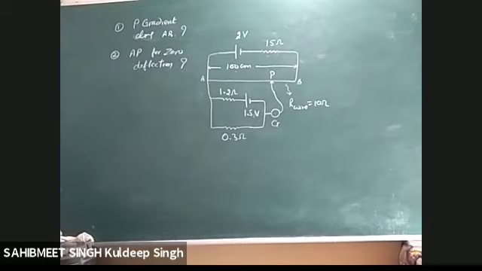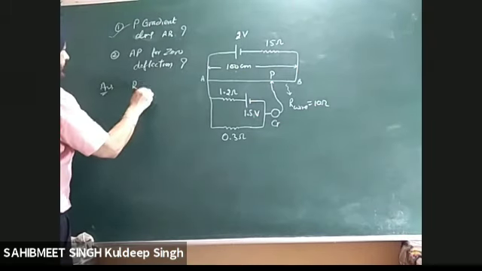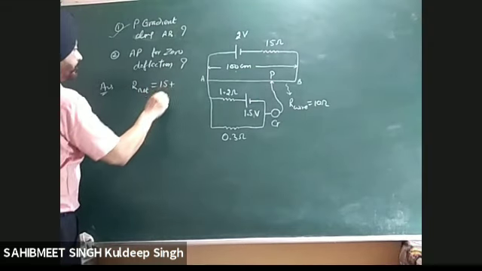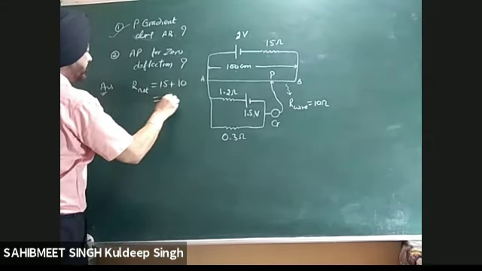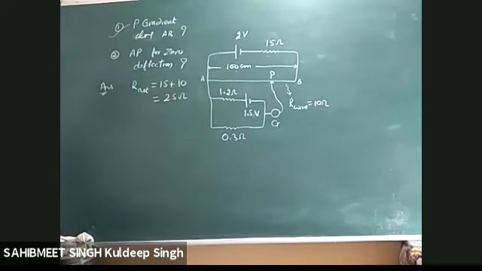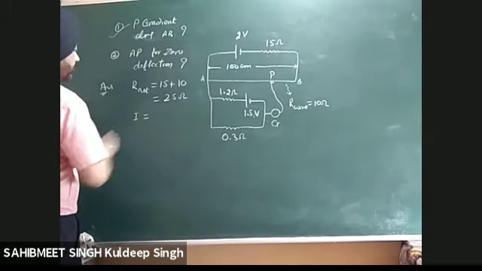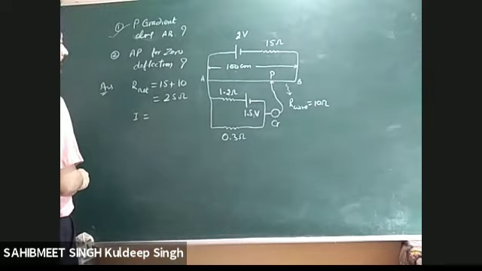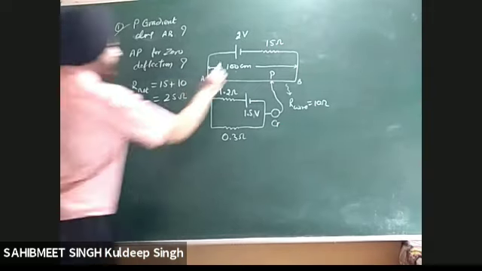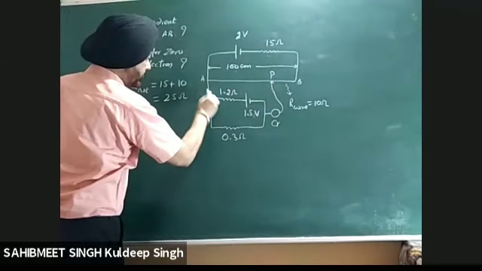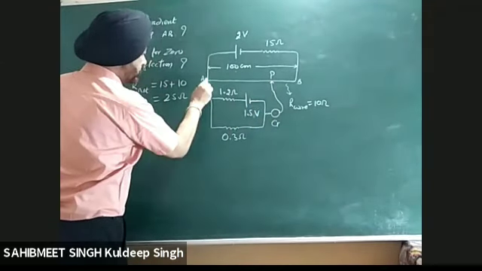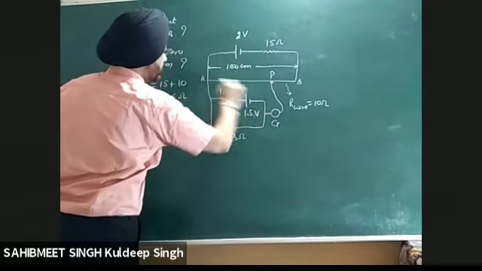First of all, the first part is very simple. Everybody can do it because we have done it a number of times today. Now the answer to the first part: the net resistance is 15 ohm connected plus 10 ohm of the wire, 25 ohm. Then the current in the circuit, how much current is going? This is the current in wire AB. I am talking about this wire. There is no current going this way. It is balanced. No current is here. Only the current is flowing this way.